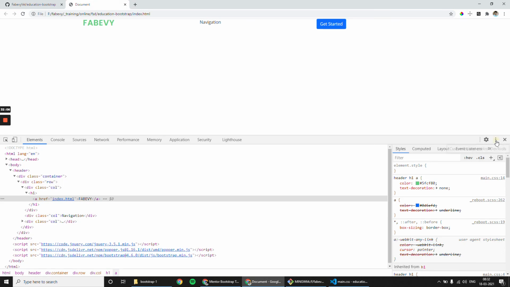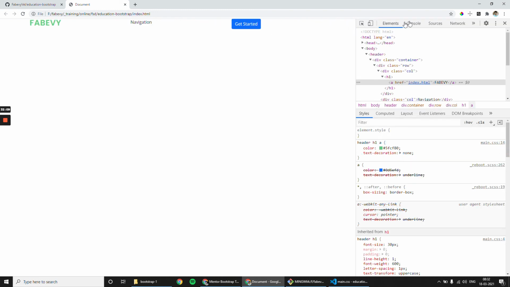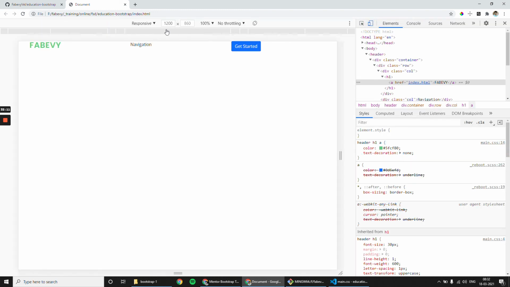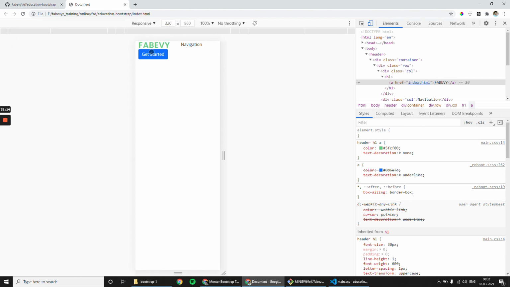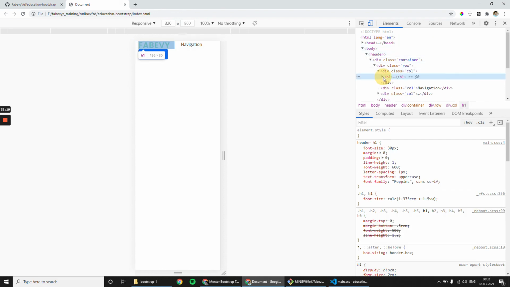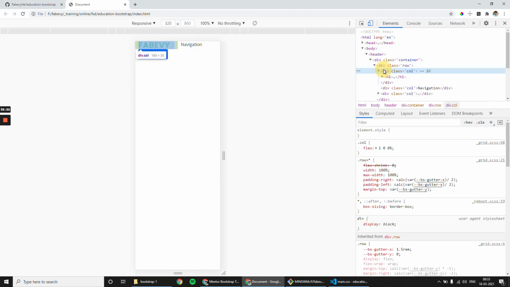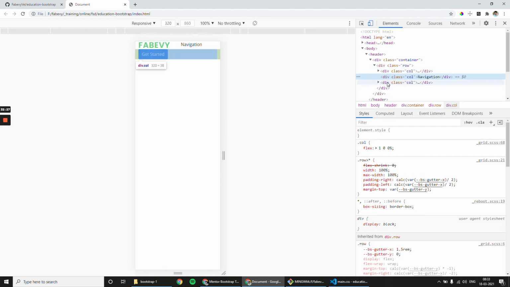And let us keep our page in mobile view or small screen view to make sure it matches with our reference website. Oh, it's not matching. The logo occupies some space, the first column occupies some space and the second column occupies some space, and there is not enough space for get started. So I need to do something so that it can be addressed. How are we going to handle it? Let's do it in the next session.